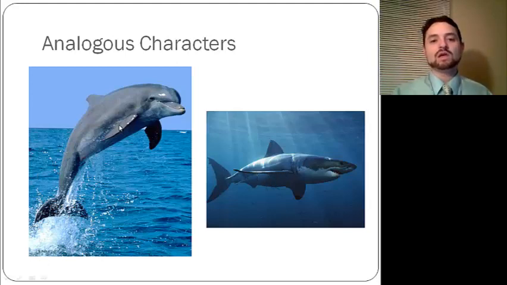fins, you could say. Well, they look very similar, but when you start to break them down and look at what they're really made up of and how they got to that point, what we find is they look similar because they live in a similar environment, the ocean. In fact, these live in environments that they'll even come in contact with each other. But they've evolved those because those are best suited for that environment, not because they were closely related. That is something completely different.